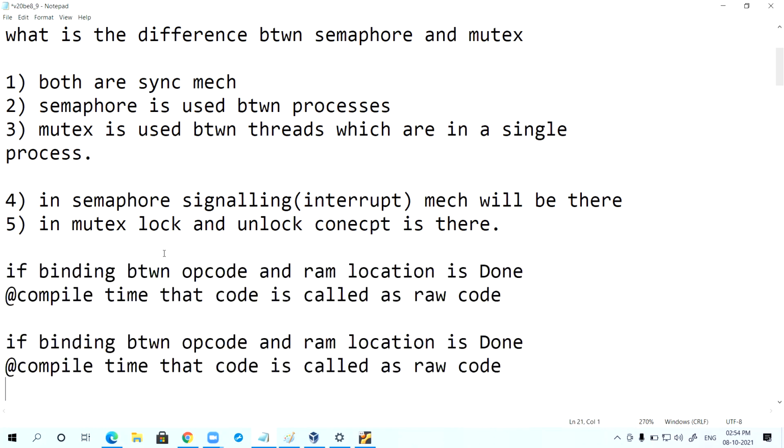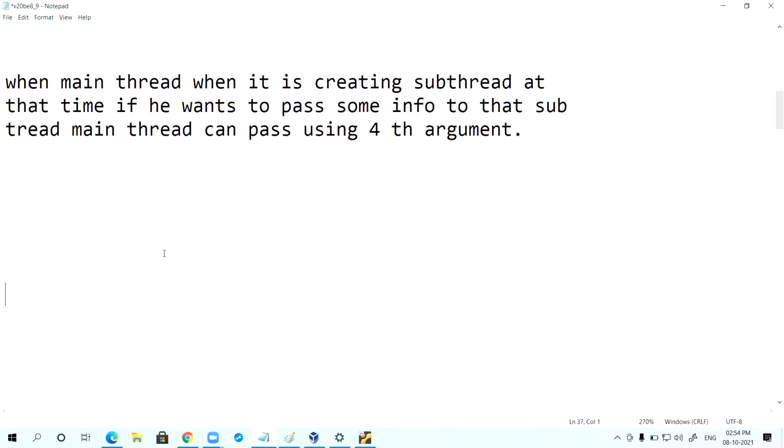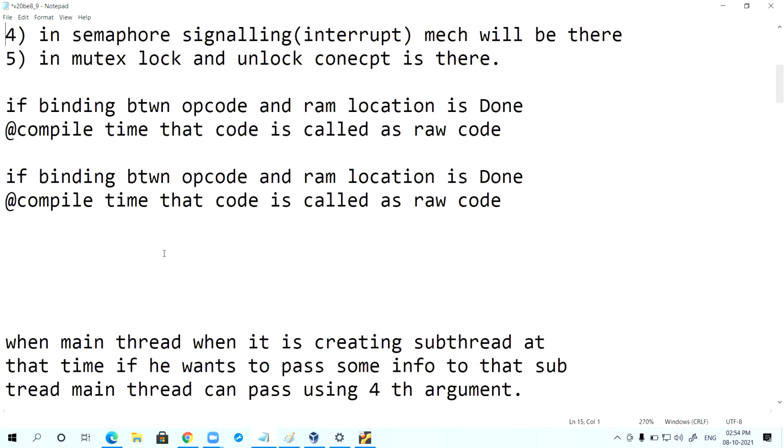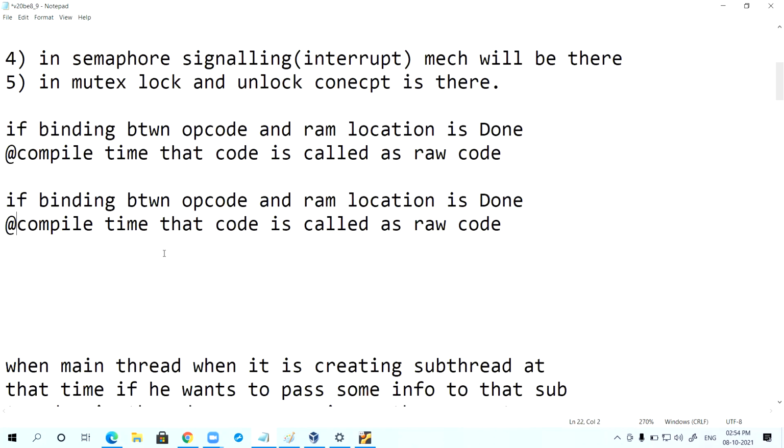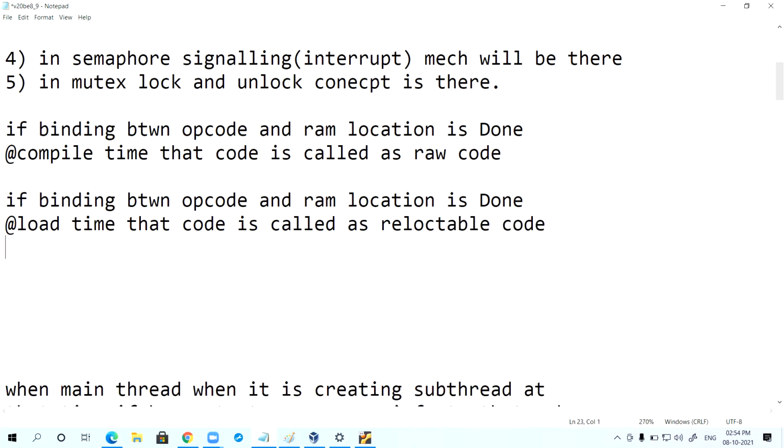Suppose the binding between the opcode and the RAM location is done at load time, then that code is called relocatable code.